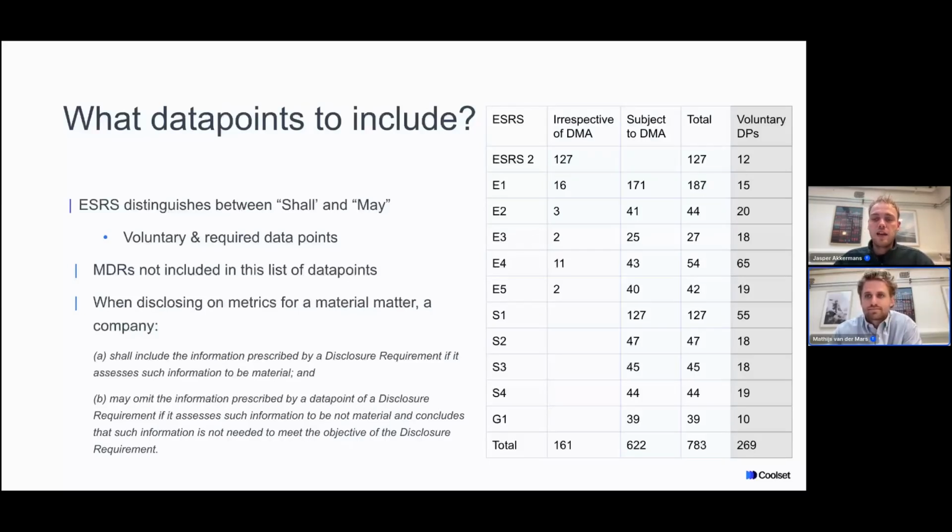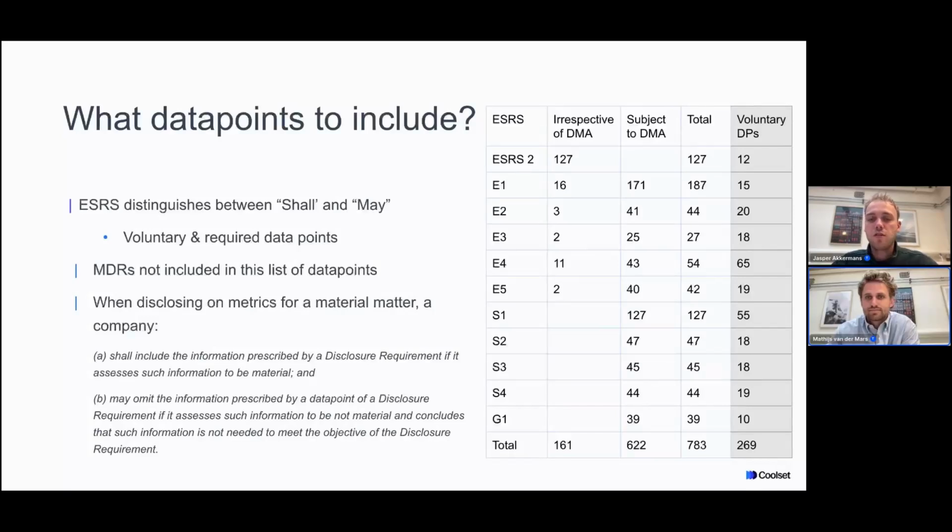One example that I have now is, if there's a metric that asks about the total amount of hazardous waste your company produces. If you do have ESRS E2 pollution as a material topic, but you don't have hazardous waste, for example, then you can disclose it as such. You say, well, I know this is a material data point, but it's not material because we don't have hazardous waste. So this is one of the examples.